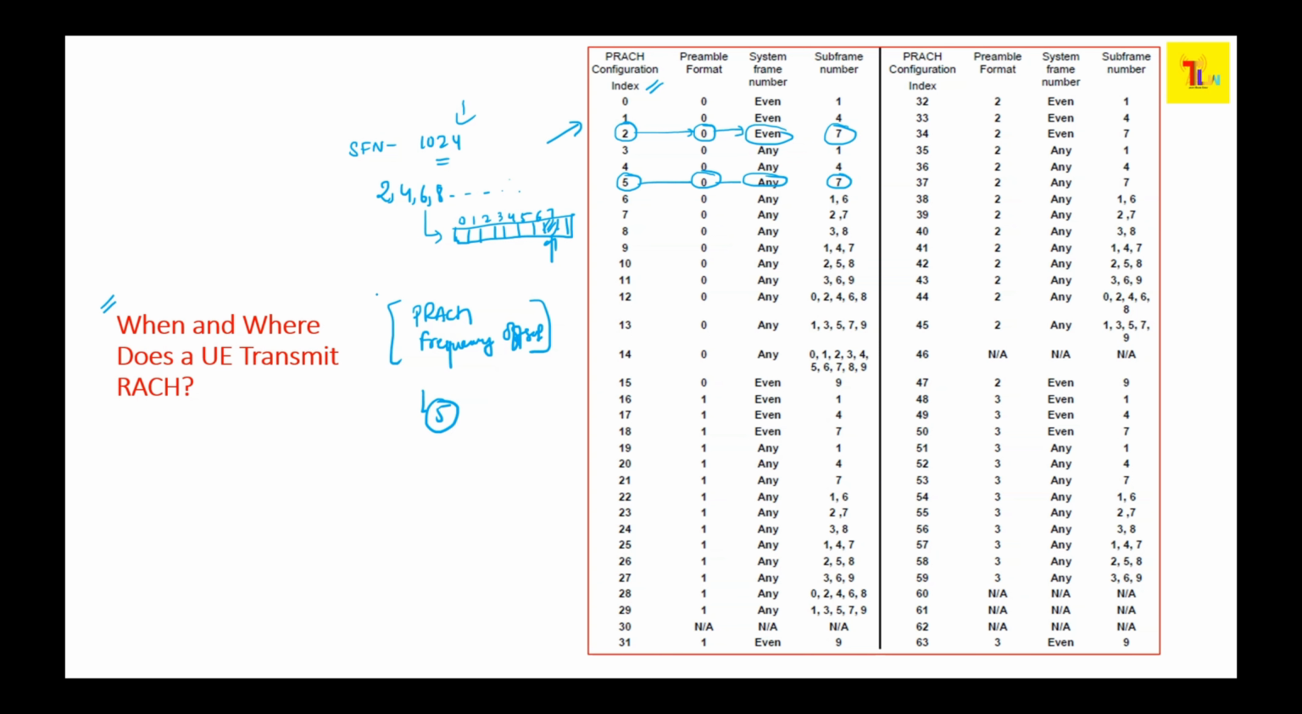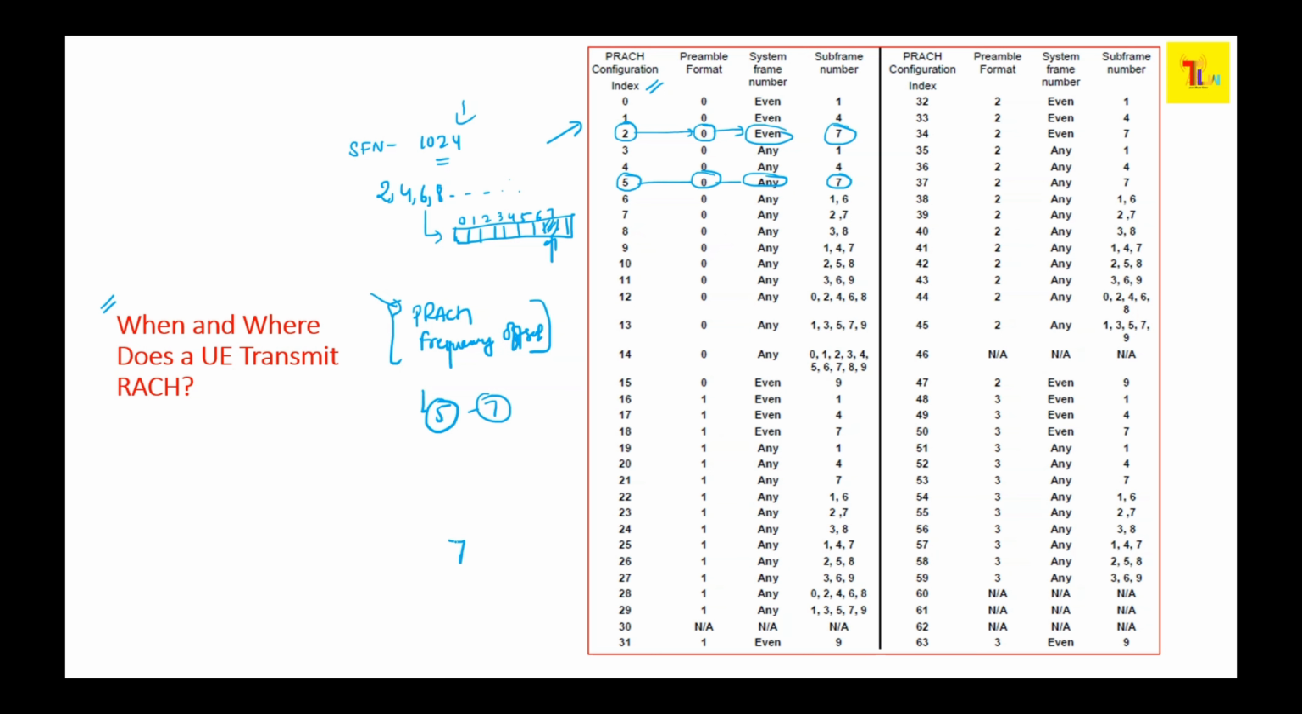So one of the important things is the PRACH frequency offset. Basically, it will give the location in the frequency domain. Let's suppose we take the example of 7. So what exactly does that mean? It is telling that the transmission occupies the resource blocks